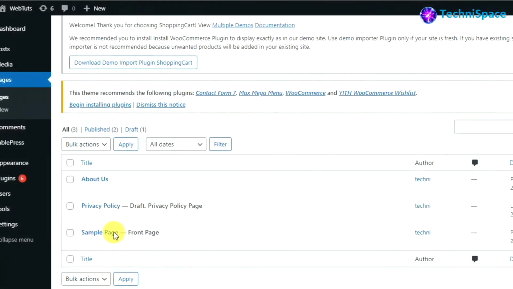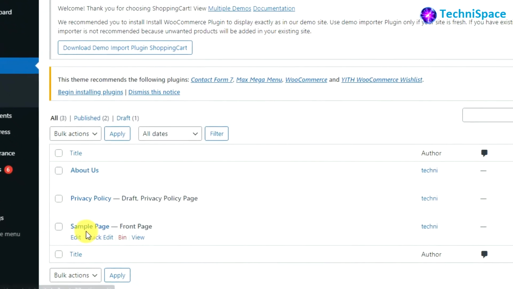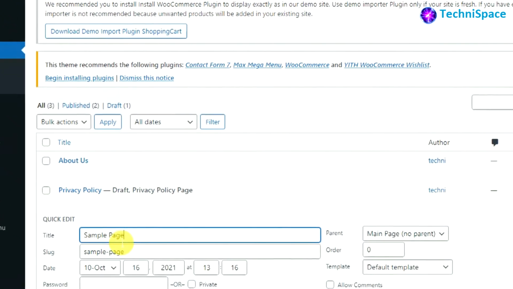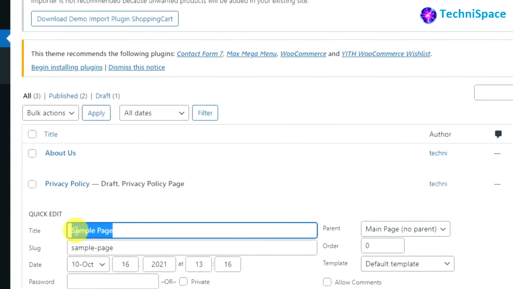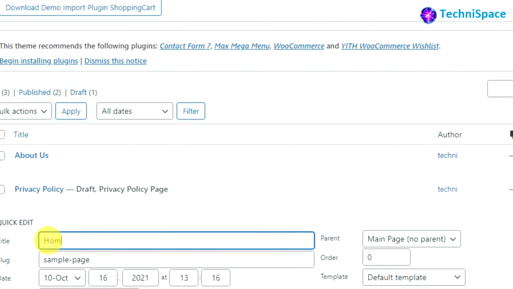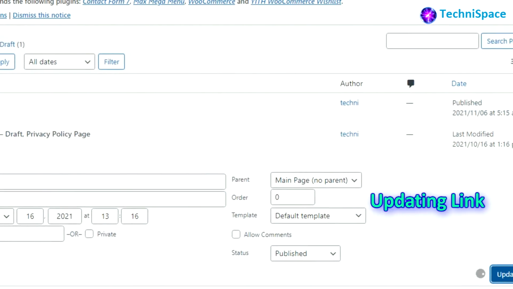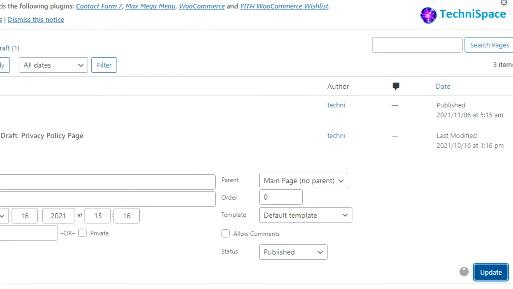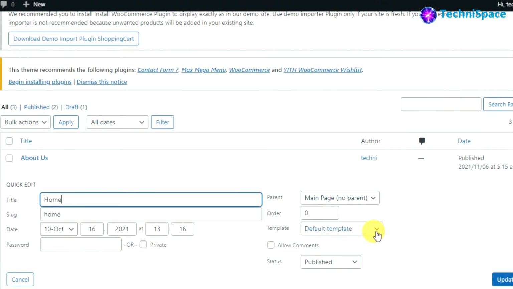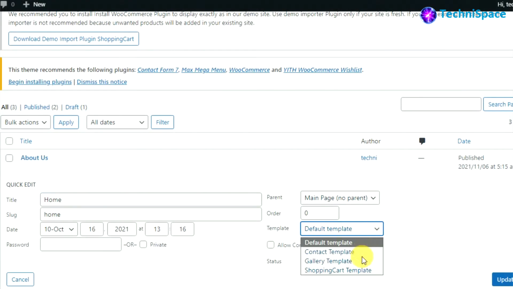Coming back to the dashboard, here is how we do it. Here you can see the sample page, also known as the front page. You can change the name to home page using quick edit for the name change. Similarly, you can make changes in the quick edit in the template section, which is given as default template, which